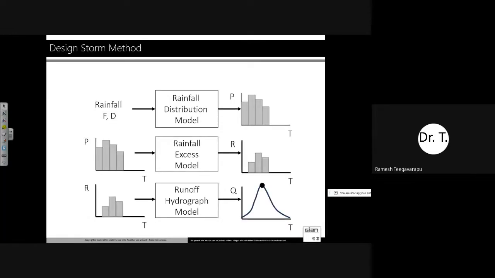The design storm method is different. What we do is we take the design storm depth, we pass it through the rainfall distribution model, that is the temporal distribution model, get the hyetograph, then put it in a rainfall excess model so that we get the effective rain, and the effective rain can be put in a runoff hydrograph model because we have this SCS unit hydrograph method which can generate our peak discharge